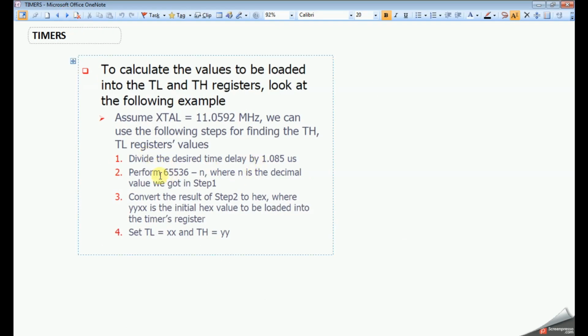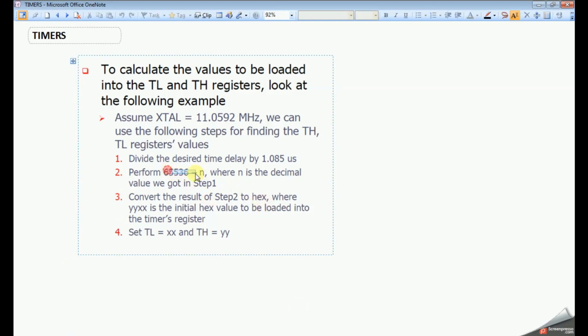The next step is to subtract from the maximum value, which for 16 bits is 65,536. After dividing by 1.085 microseconds we get one value, and we subtract it from 65,536. The third step is to convert the result of step 2 to a hexadecimal value.